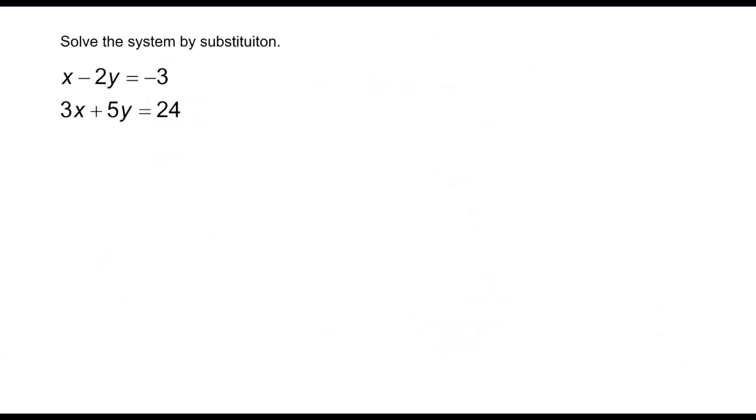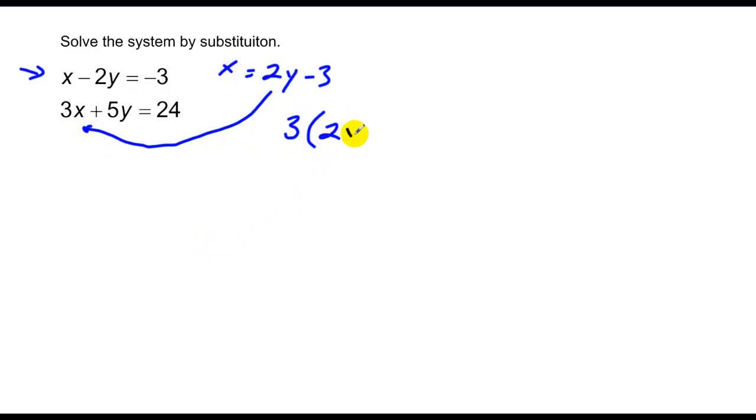Let's do one more of this type. You'll notice in this case, neither equation has a variable isolated, so we're going to have to do that to make a substitution. It's pretty easy to see that this is the easiest equation to get a variable by itself in and eliminate any kind of fraction calculations. So we have x equals 2y minus 3. I can take that x value and plug it in. Therefore, I have 3 times 2y minus 3 plus 5y